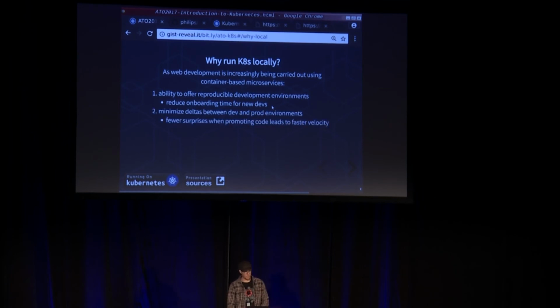So that's a big win, potentially. Standardizing the onboarding process. Minimizing deltas between dev and production, right? I might not care about load balancers in local development, but if I can model all of those abstractions locally and make sure that what I'm running locally is going to pass the CI test before I do a git push, I can save everyone a lot of time, and I can free up the Jenkins or whatever build pipeline